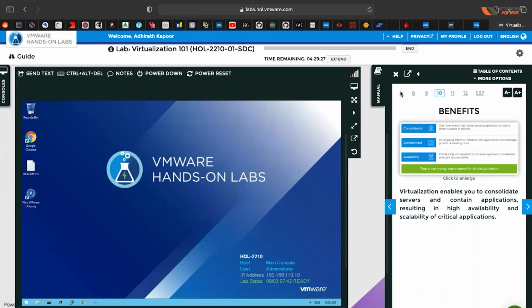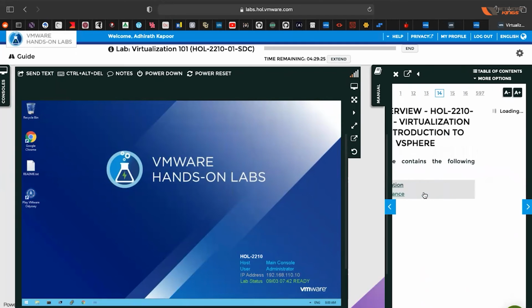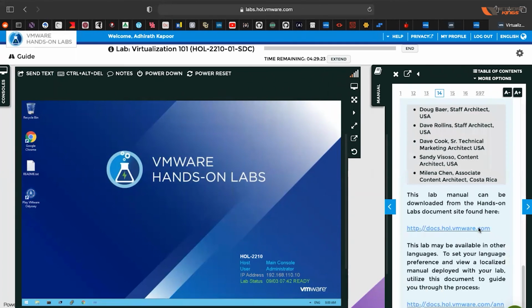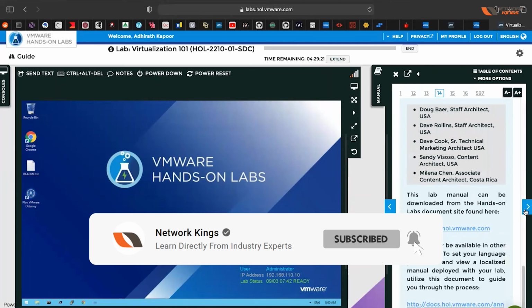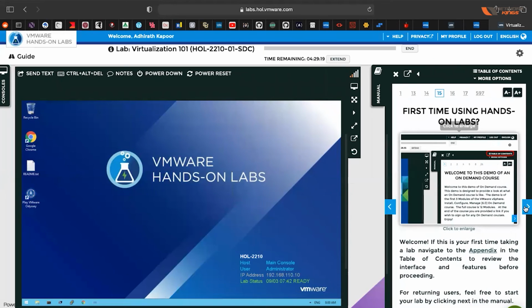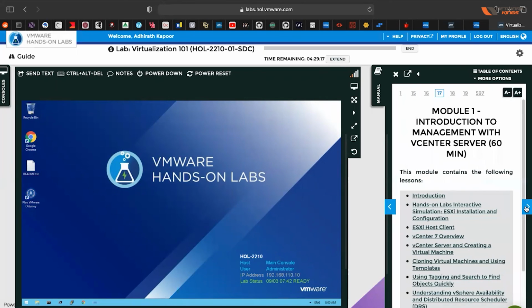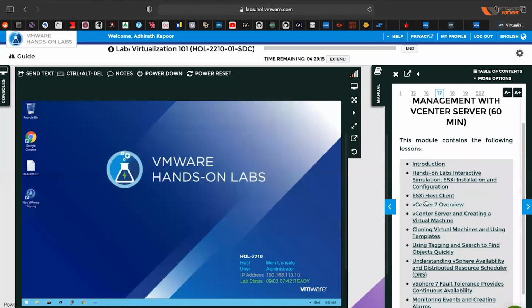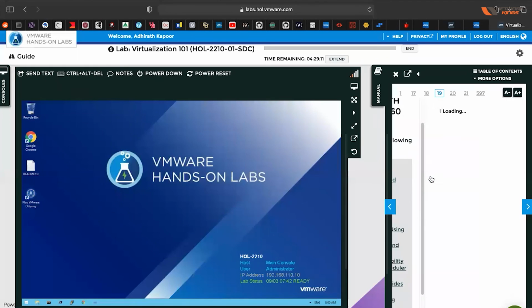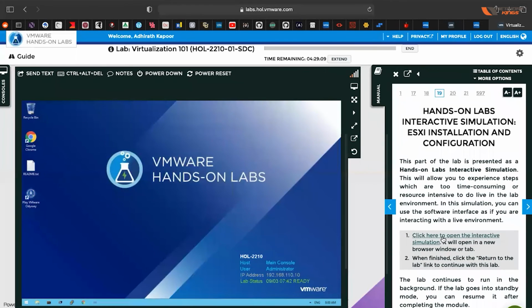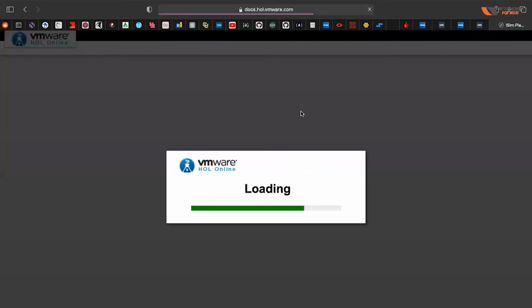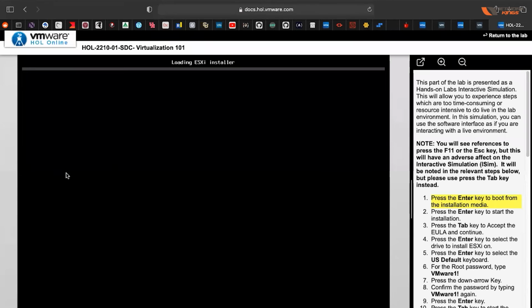If we go back to page number 1 and go to lab guidance, then you will also be able to see how to create ESXi and how to install it.